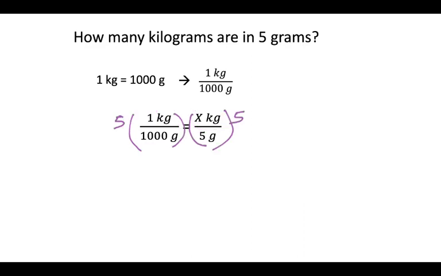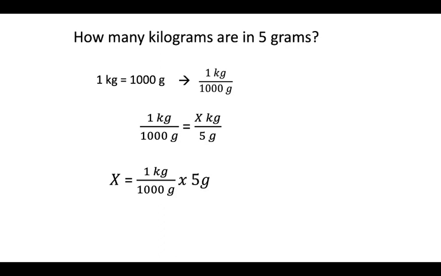If we multiply both sides by 5, we can simplify on the right, and we're left with x is equal to 1 kilogram over 1,000 grams times 5. So we can get rid of the grams, and we're going to divide 5 by 1,000 to get to our answer, which is the same that we arrived at previously,